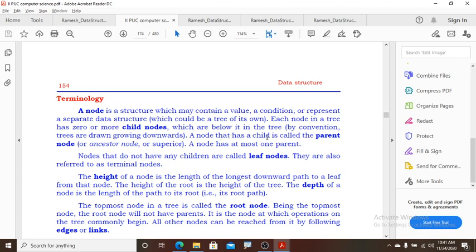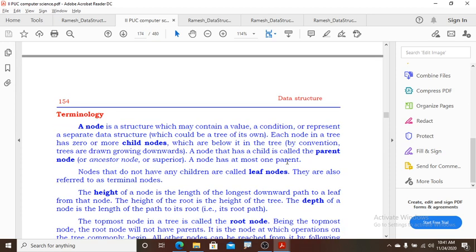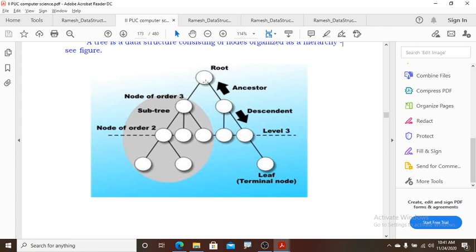A node that has a child is called a parent. You can write the definition for the parent node like this: a node that has a child node. Every parent has children, right? Like that, a node also has some children. A node that has a child is called a parent node. So this is a parent node. It has a child node, this one. Now this is a child node. This child node has children, right? These are the children, so it becomes a parent. Now these are the children for this node, and it becomes a parent.